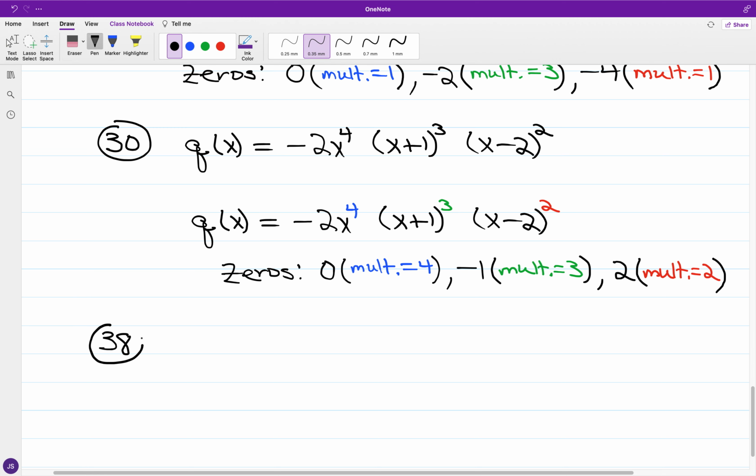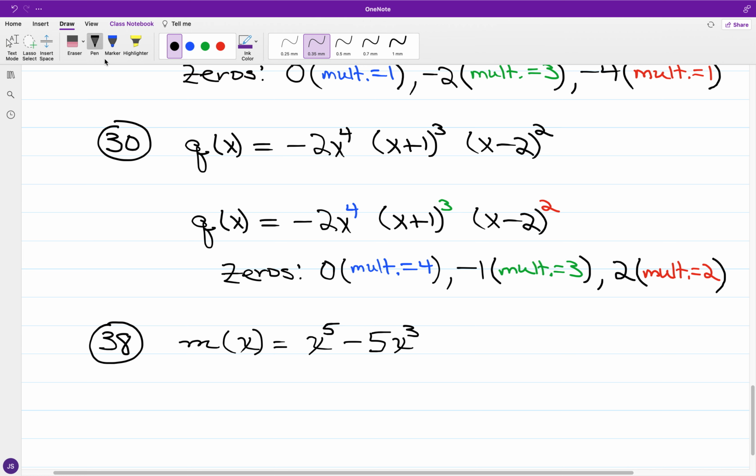But you can also have zeros consisting of non-integer amounts. And number 38 is going to be such a case, where y is represented by m of x, which we have given as a fifth order function, where we have x to the fifth minus